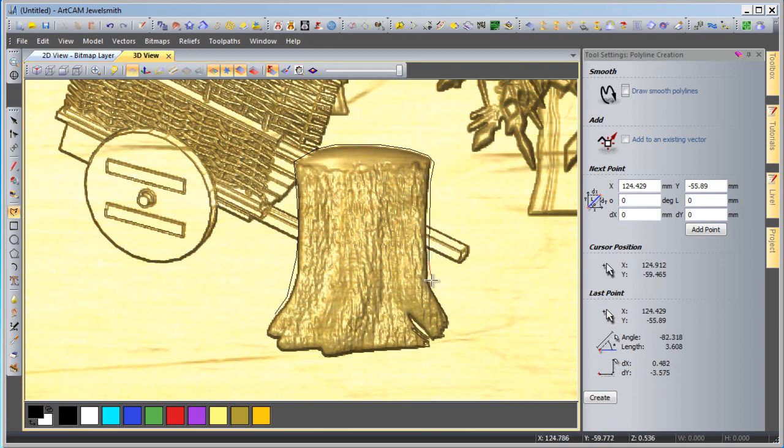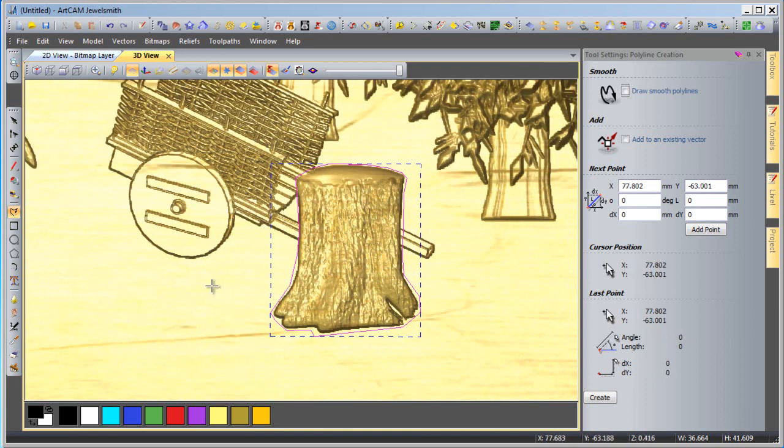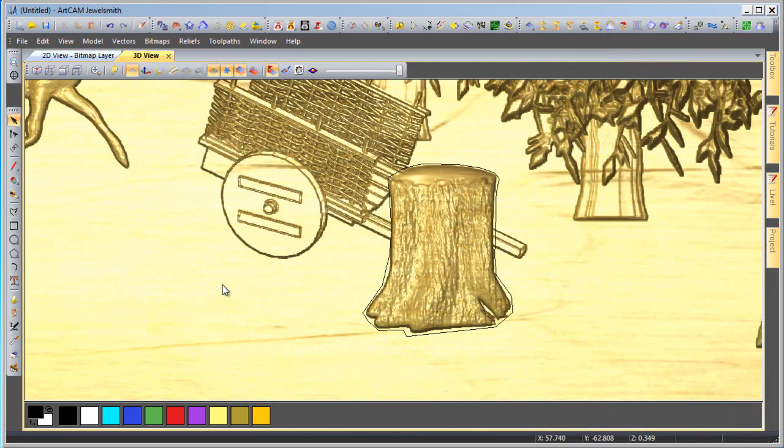So drawing vectors all the way around the edge of the line of the tree itself and closing it, so we can see, denoted from this blue line around there, that we have our tree. So we'll leave that as it is for now,